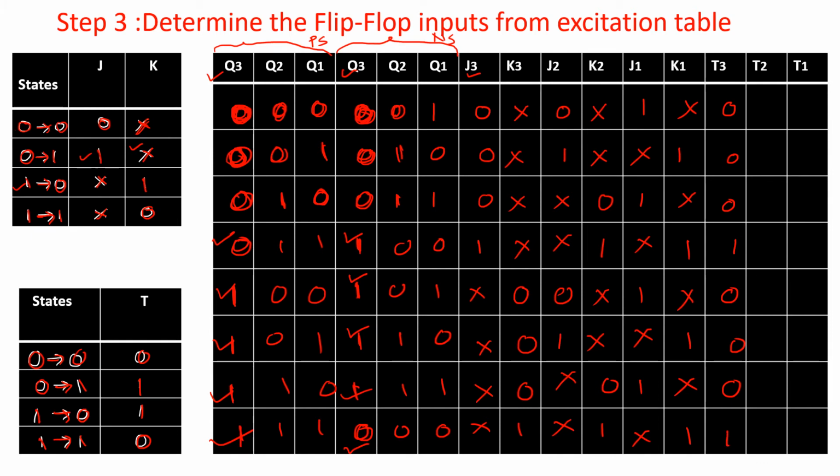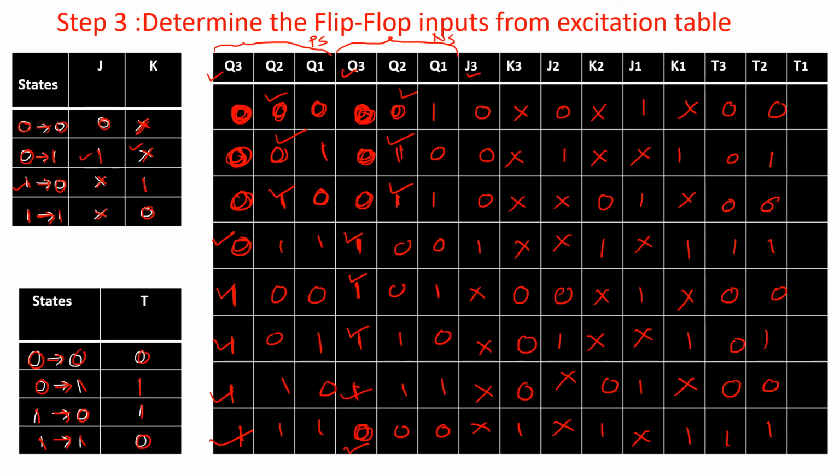Similarly, for T2, if I want to fill the column, present state is 0, next state is 0, then 0. Present state is 0, next state is 1, then it is 1. Present state is 1, next state is 1, then it is 0. Likewise, we can go on filling the columns and we will get